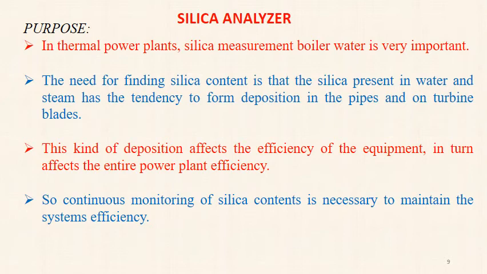Various compounds deposit on the turbine blades. Of all these compounds, silica deposit can occur at lower operating pressures also. Therefore, silica deposition is quite common in turbines compared to other types of deposits. Silica usually deposits in the intermediate pressure and low pressure sections of the turbine. These deposits are hard to remove, disturb the geometry of the turbine blades, and ultimately result in vibrations causing imbalance and a loss of output from the turbine.